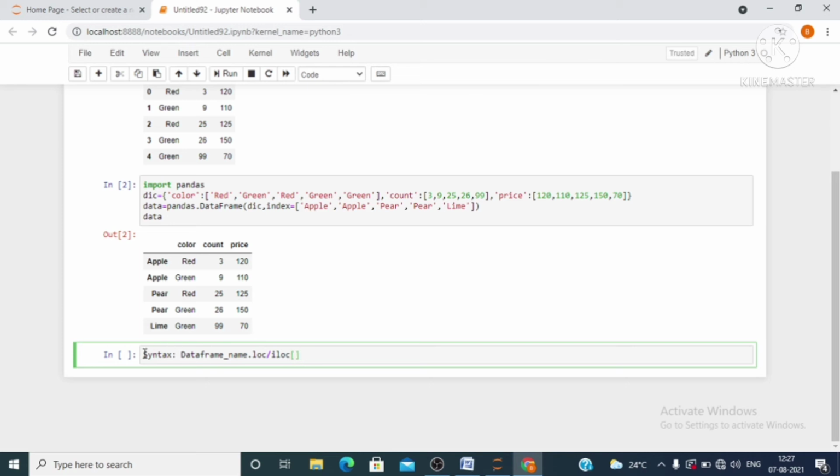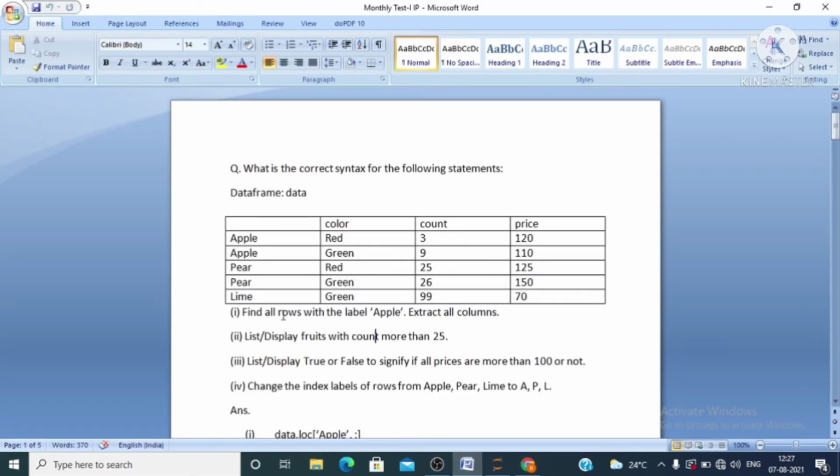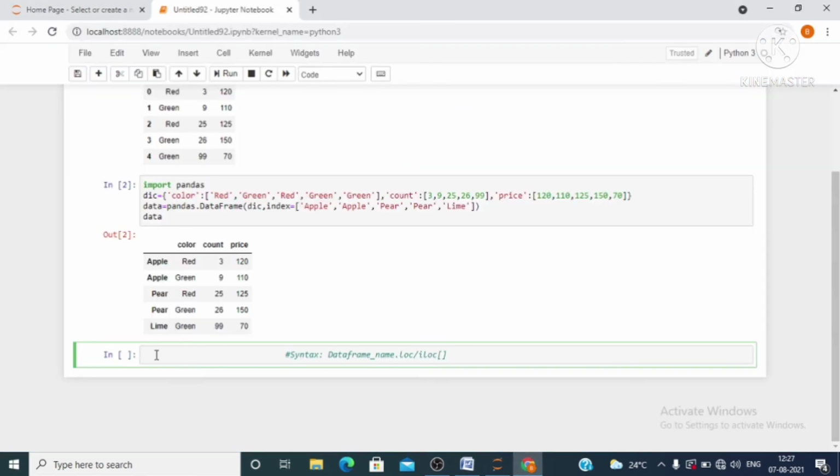So first of all make this one which is a syntax as comment, and here we will write the code according to our question. So question is this one. Again see the question, all rows with label apple you have to extract. So data frame name in this case is data, so I will write data, then dot.